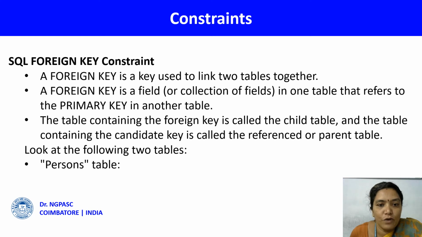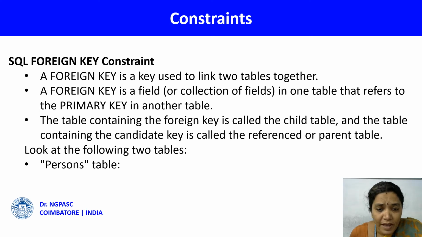That is, if you are setting a primary key in the first table, and the same column is defined in the second table, then the second table's column is called the foreign key constraint, which usually refers to the first table, and it can combine two different tables and take the information. So a foreign key is a field or a group of fields, that is a collection of fields in one table, that refers to a primary key in the other table.